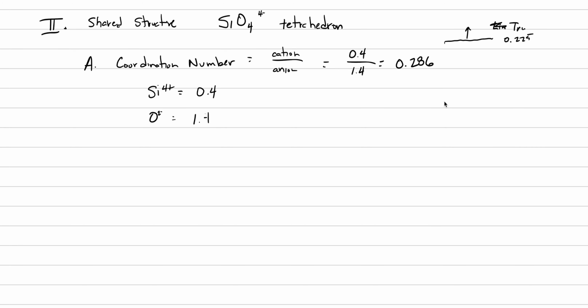225. And there's a bottom cutoff that goes towards octahedral arrangement, and that is like 0.414, something like that. And in between the two is our tetrahedral structure. And so you can see that 0.286 fits really nicely in that framework. And so to visualize this structure,